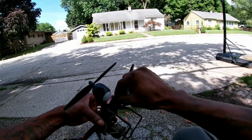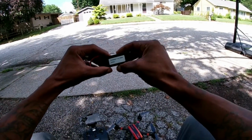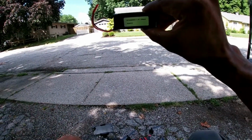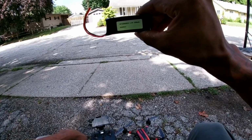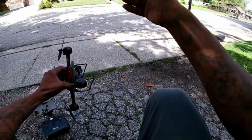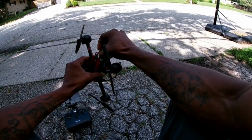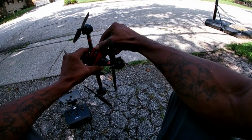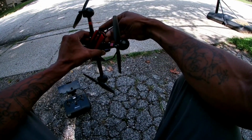Get this battery out here. So this battery is 3.8 volt, 1500 milliamp hour, guys. Hopefully you can see that. I'm wearing a neck mount now, so not too bad. There's no on and off switch on this quad. Once you plug that battery in, it's on, but we're not going to worry about that until we go